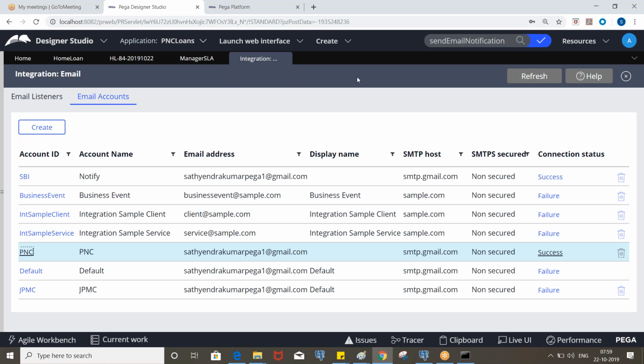Whenever you create an operator ID, that will be stored in the PR_operators table in the database. And what is the class of operator? If it is stored in some table, it means we have some class here in the PRPC, right? So what is that? That is data admin operator ID. Similarly, the email accounts also belong to some class that we need to identify.